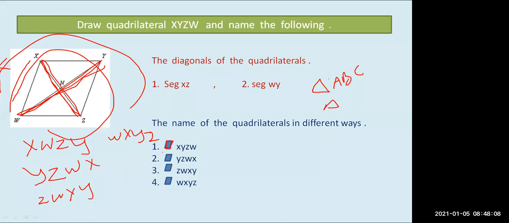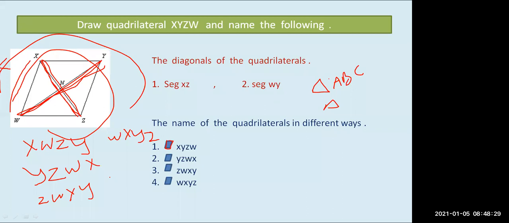You have to read quadrilateral XYZW, quadrilateral YZWX. This is the way of reading. And here you can read triangle ABC, triangle XYZ, anything. While reading, you have to pronounce that word, and while writing, you have to draw small